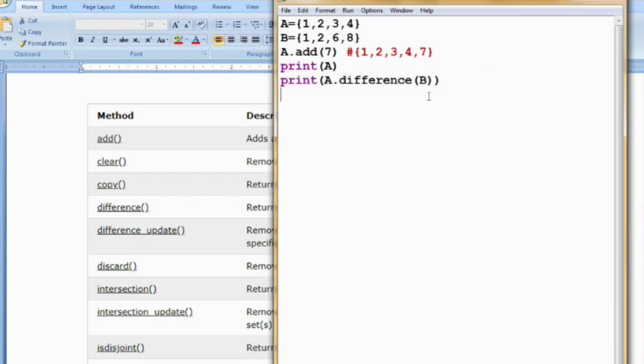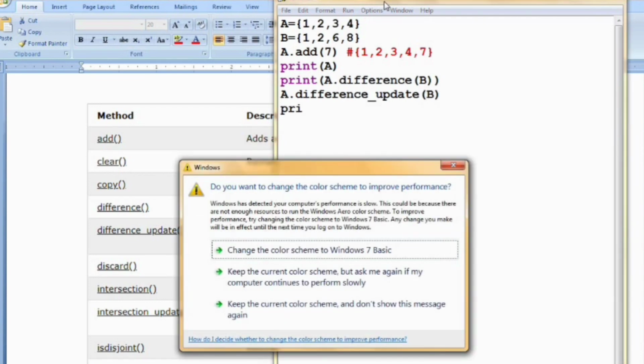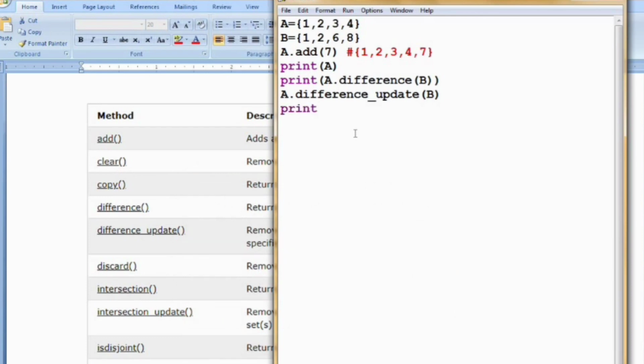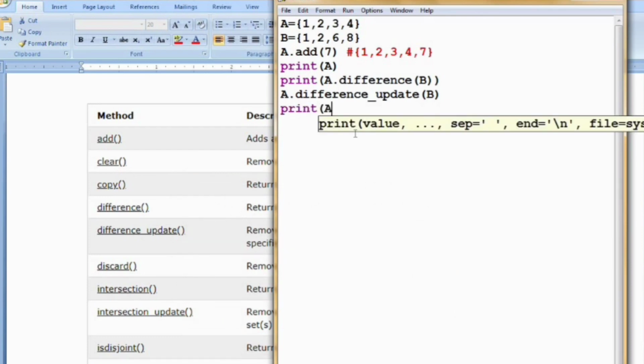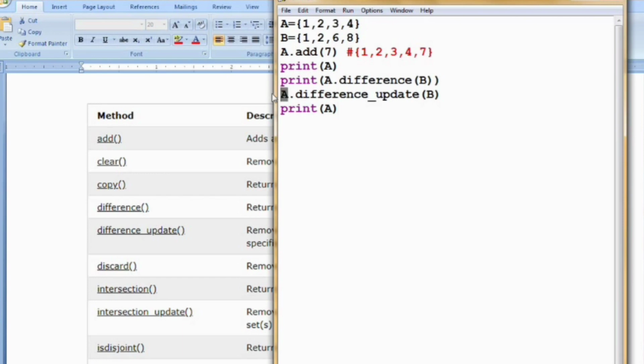But while you are using the difference update, you are updating the value of A. Now I am updating A dot difference update of B. Now I am printing just A. Now the A elements, that is 1, 2, 3, 4, will be overwritten by the difference update.